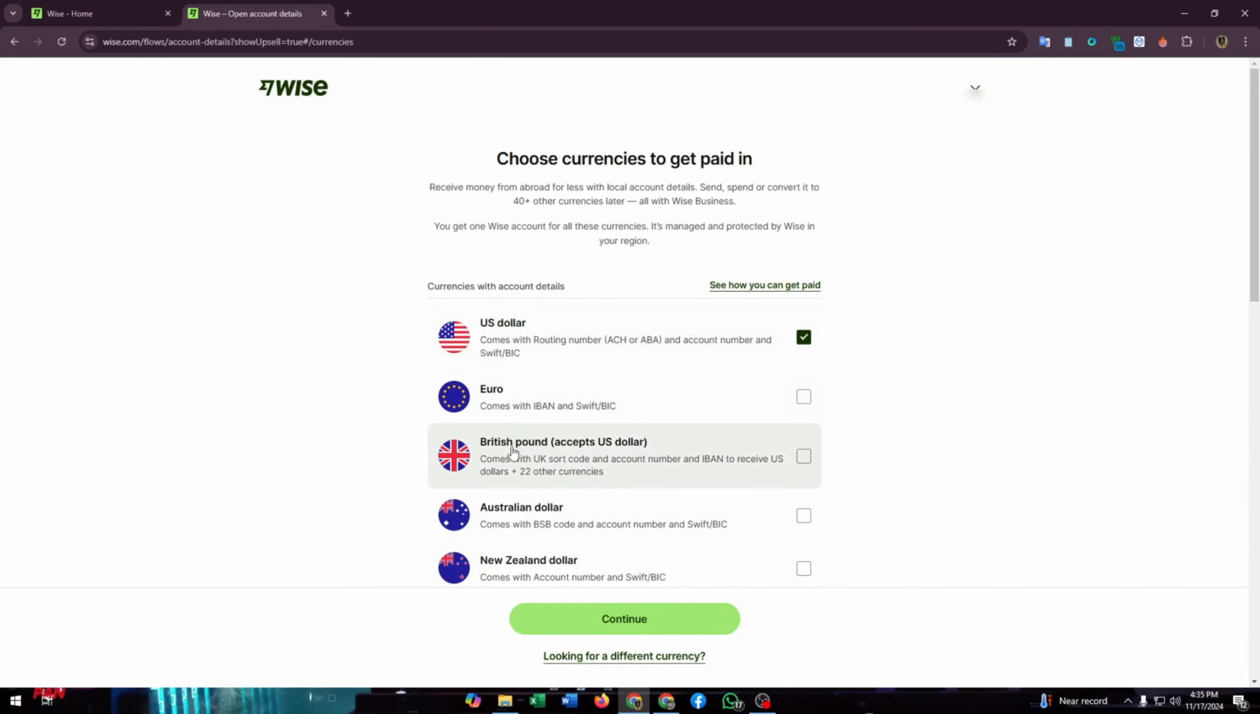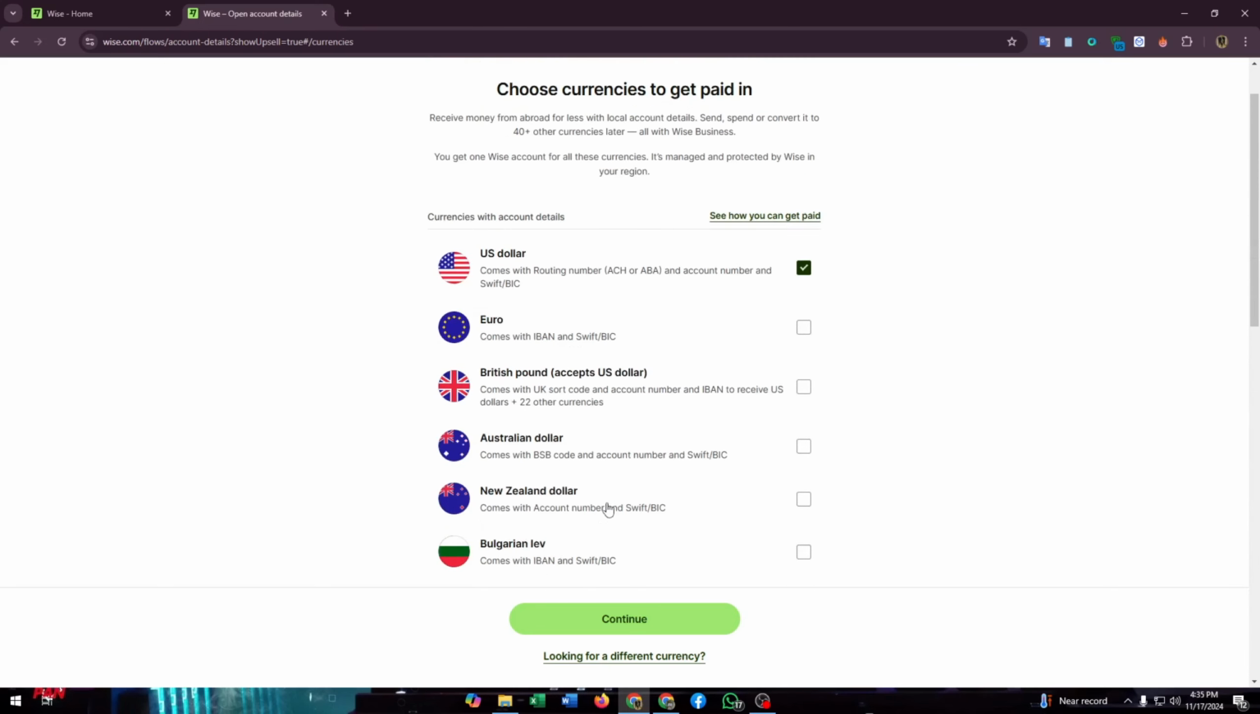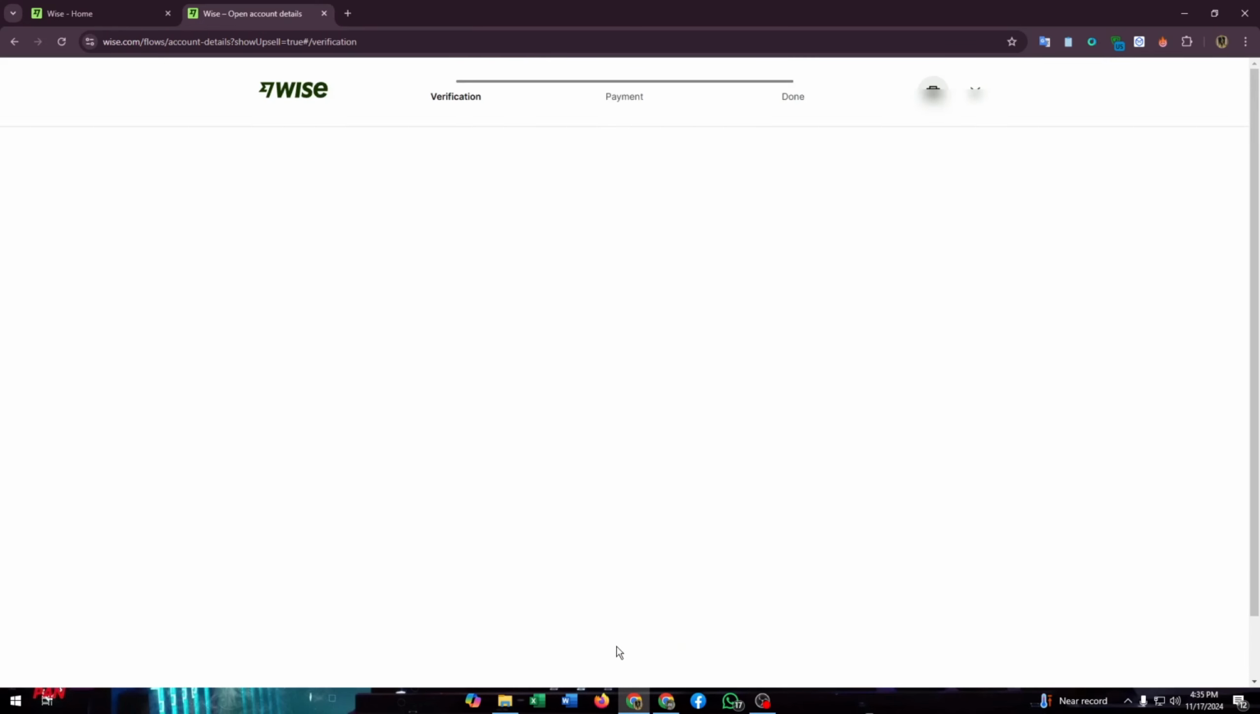Now you need to select the currency that you want to receive. There are so many currencies available here. Choose yours. I'm going to choose dollar. Then click on the continue button,